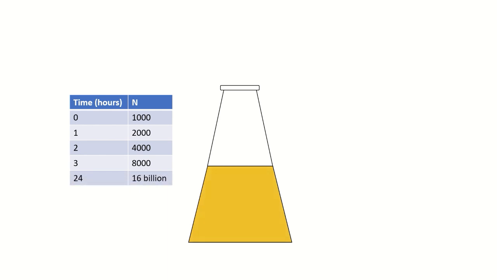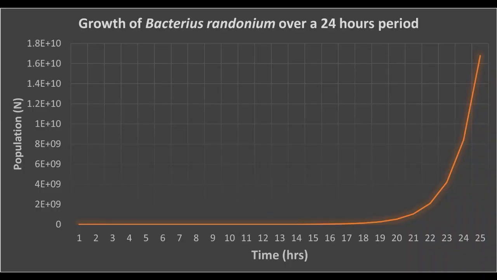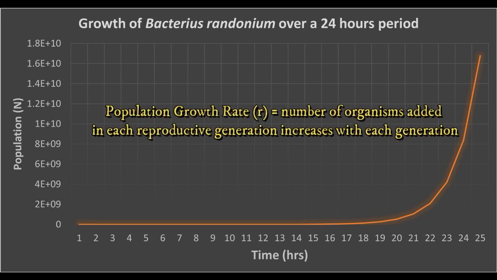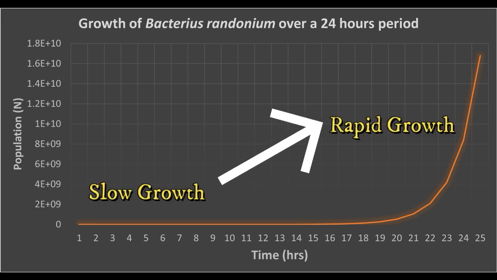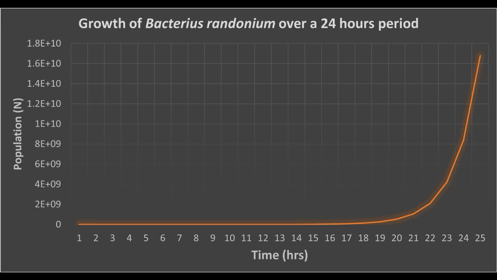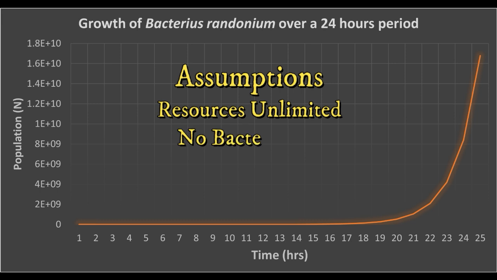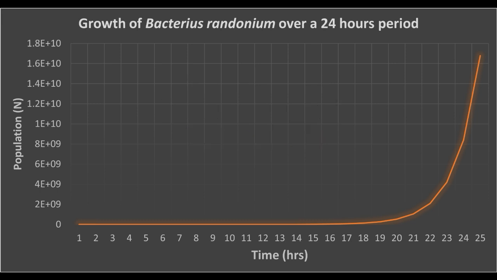That's because the population growth rate, which is the number of organisms added in each reproductive generation, increases with each current generation. This forms a J-shaped curve where the population begins with slow growth and then sees a nearly vertical incline in growth over a short period of time. Of course, this pattern assumes that resources are unlimited and that no bacteria die in the time frame, both of